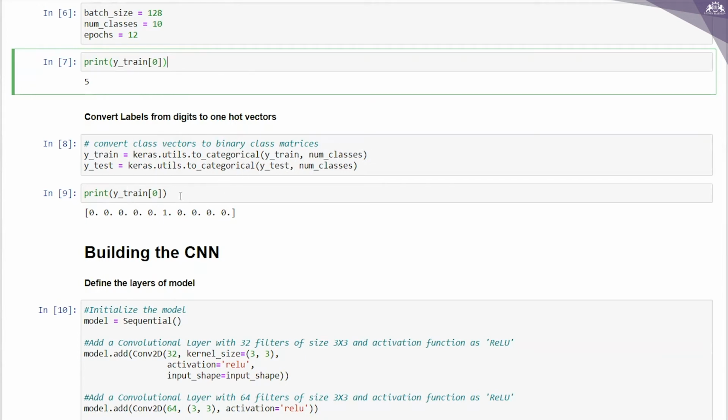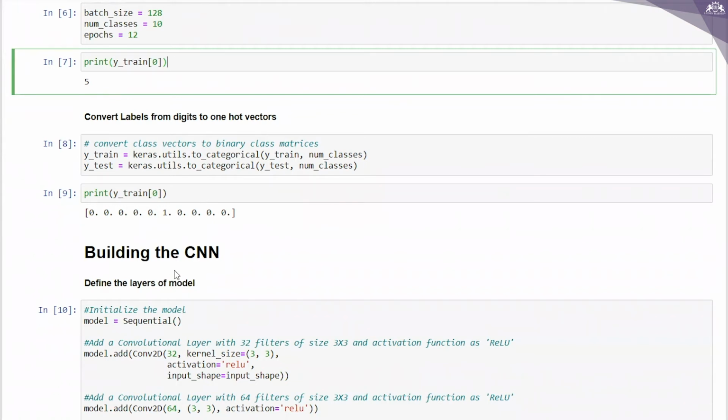Now if I look at the output, this is how it looks. Previously I was getting the output 5. Now I have converted it into a one-hot vector, so 0, 1, 2, 3, 4, 5, right? That's the meaning of it. Hope it is clear to you.